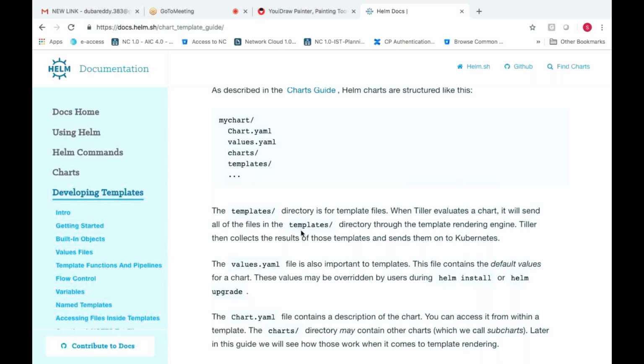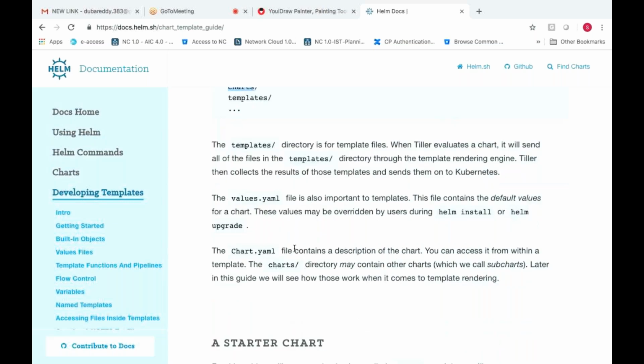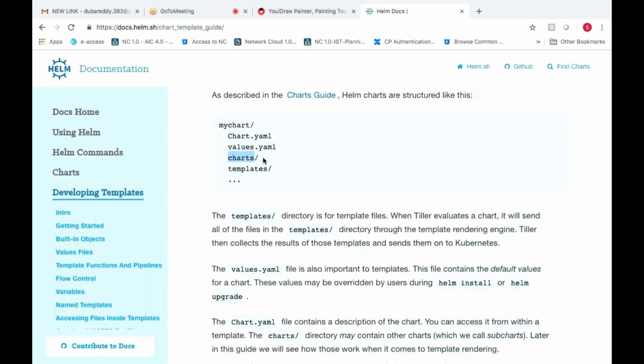and template files are nothing but where, instead of hard coding, it will use some if loops, for loops, and all, and then it will pull the data. Okay, dynamic values. So for that we use templates. And then charts. So charts are nothing but the actual charts where you can have multiple charts like subdirectories. If you want to place more charts, then you can go to the charts directory and you can place them here itself instead of going somewhere.